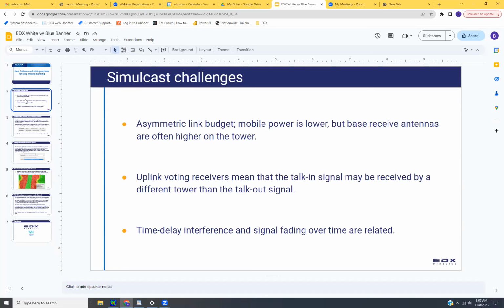So the three main challenges that I want to talk about today, particularly in simulcast planning, but some of this would apply just as well to multicast or non-simulcast land mobile radio systems. The first one is the fact that the link budget in a land mobile system is very often asymmetrical, meaning that the downlink or the talk out signal